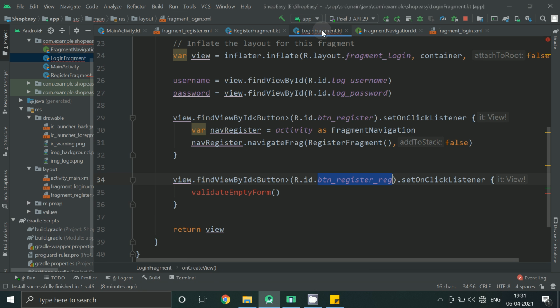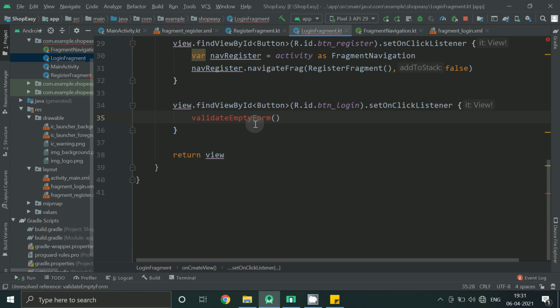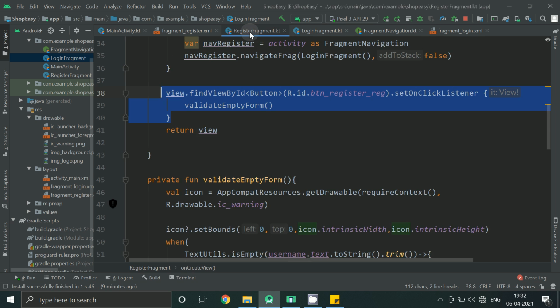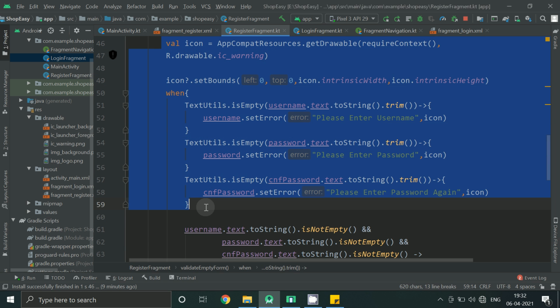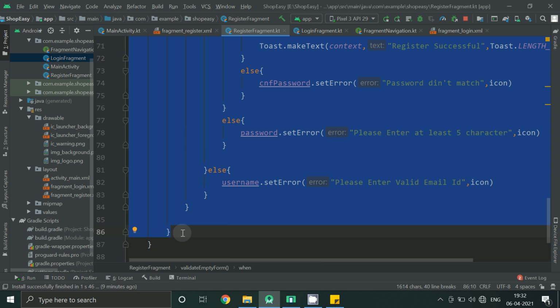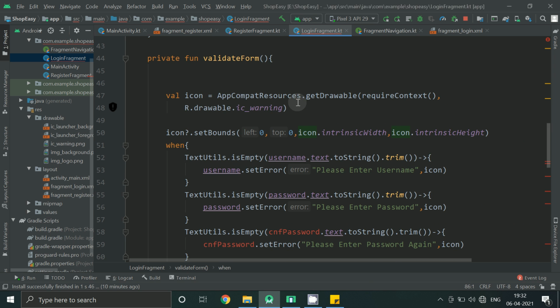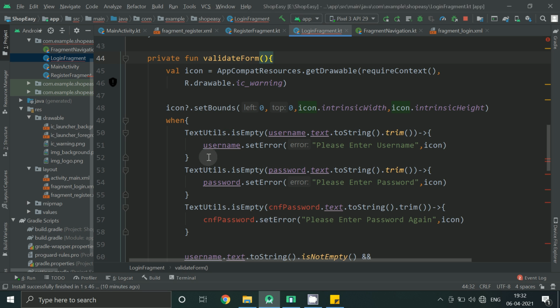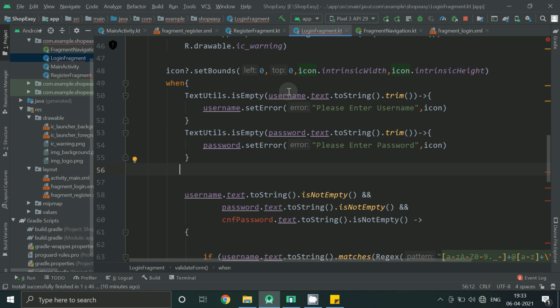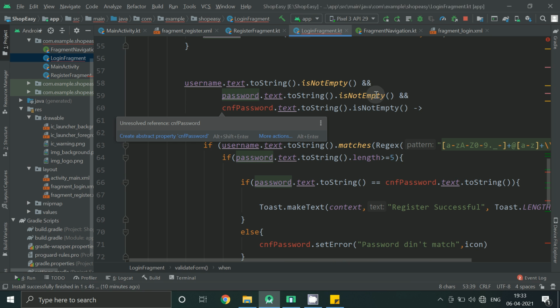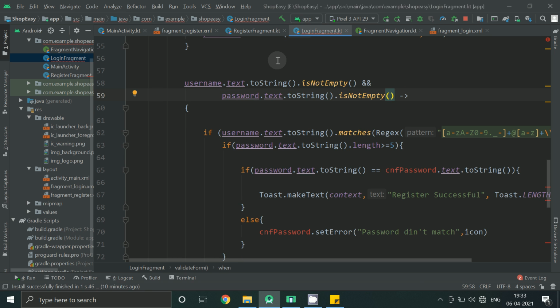So take this ID, so we have copied the function from register, but here in the login page we don't have this confirm password.